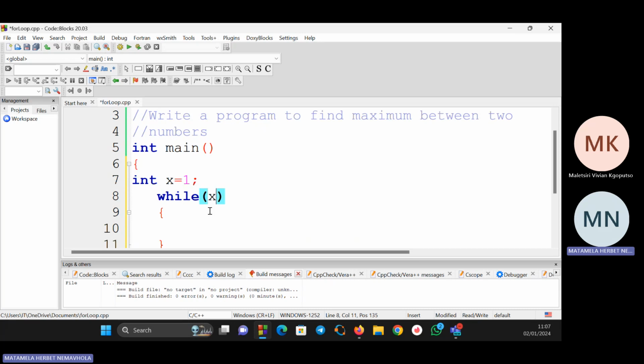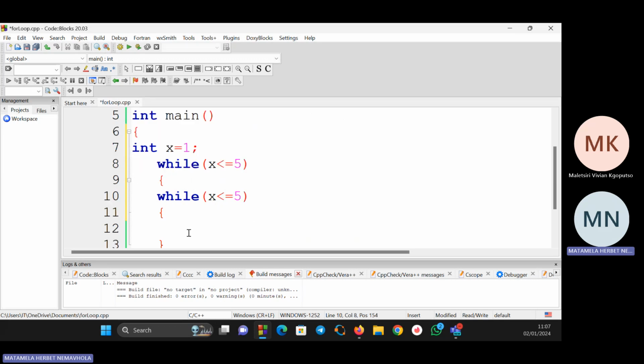When you say x is less than or equal to 5, it means it's going to start at 1. Is 1 less than 5? It finds that it is true. Then inside you have cout, and you type hello. But the problem is, if we just write this code like this,